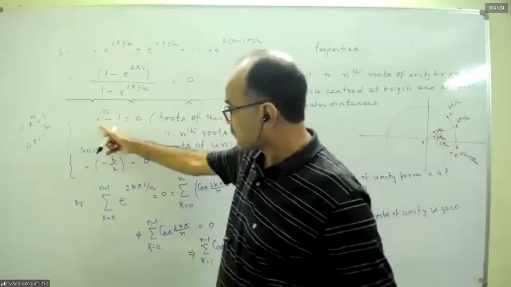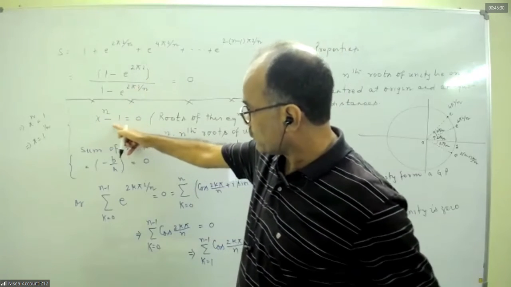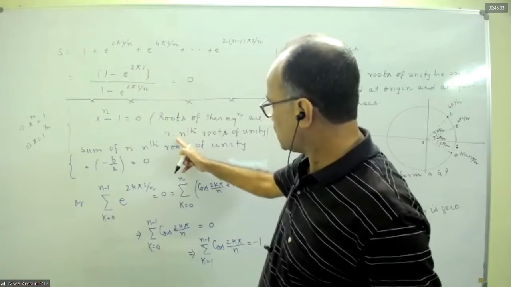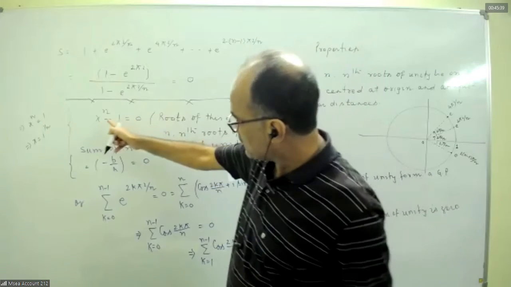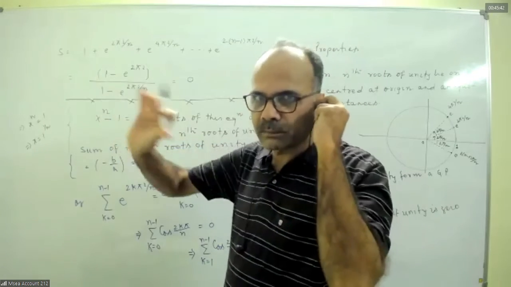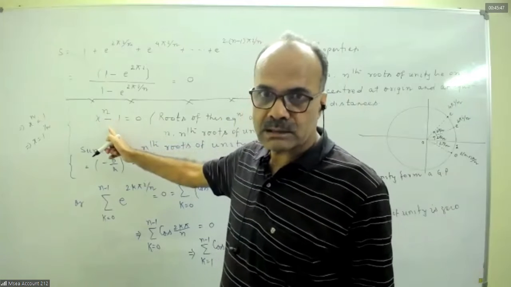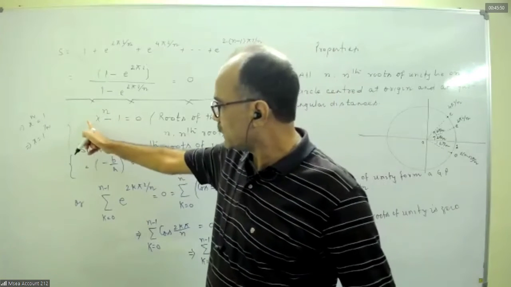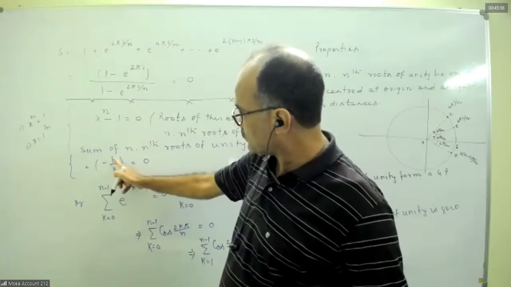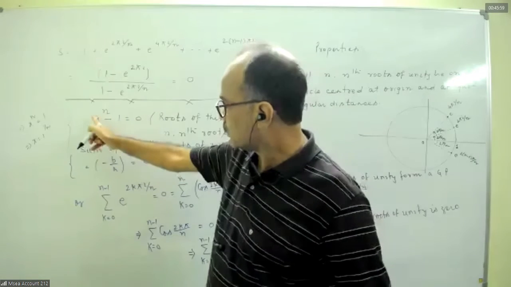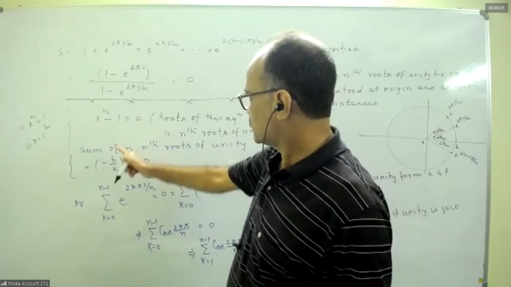So I constructed this equation on my own. It has nothing to do with this. So this is an nth degree polynomial equation whose roots are the nth roots of unity. And from here, we know the sum of the roots, the product of the roots, that method. What is the sum of the roots? Minus the coefficient of x to the power n minus 1 divided by the coefficient of x to the power n. In the bracket, I have written minus b by a. That b is the coefficient of x to the power n minus 1, and a is the coefficient of x to the power n. Just to recall that formula. So here it will be 0.